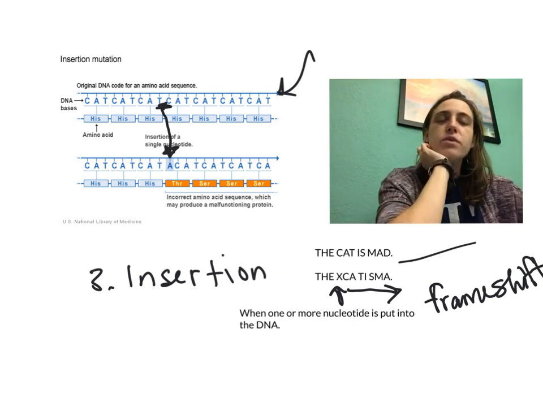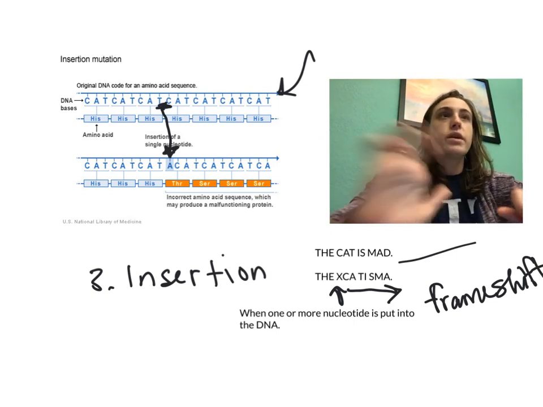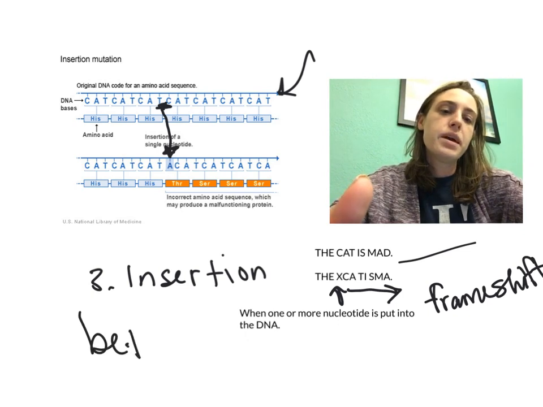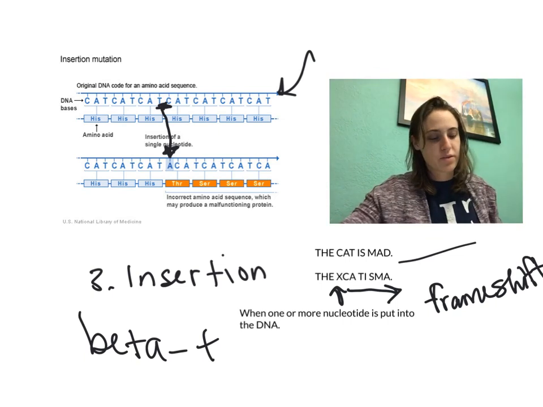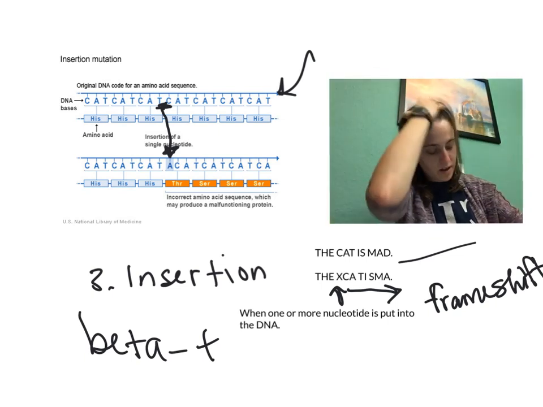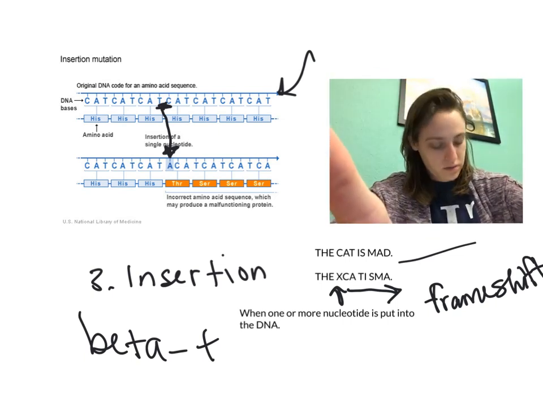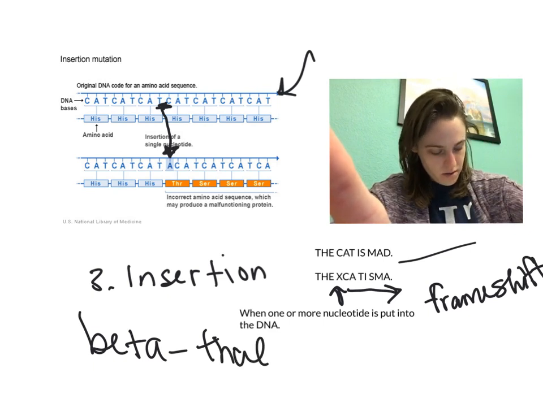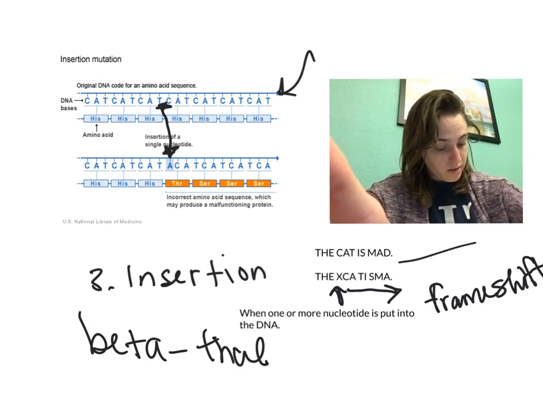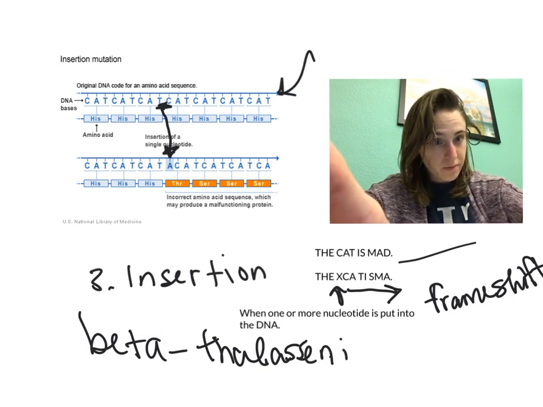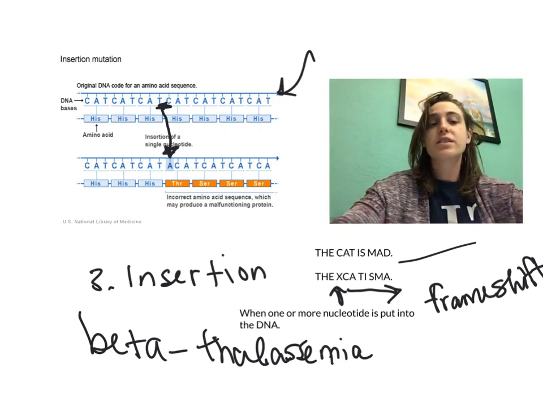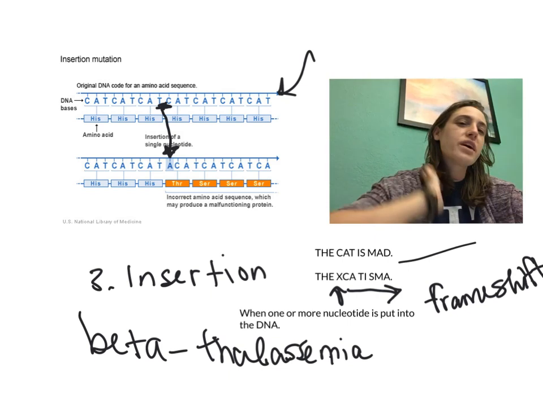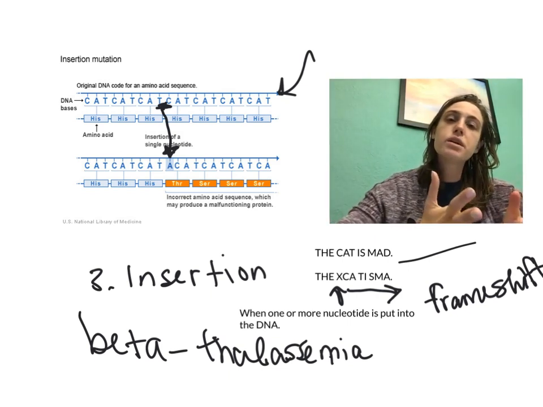Now, your example for a disease that can be an insertion would actually be beta thalassemia. Let me make sure I spell this right. I always spell this wrong, so bear with me here. Man, I'm not with the spelling today. Beta thalassemia. So it's a type of anemia that you find with red blood cells where basically hemoglobin is not